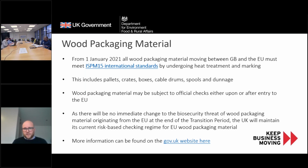So finally, in this section, I said I'd touch on wood packaging material. I did think it would come up in the questions. So after the end of the transition period, all wood packaging material moving from GB to the EU and from the EU to GB must be treated and appropriately marked in compliance with ISPM 15 international standards by undergoing heat treatment and marking. So there's a link on this slide that outlines the requirements for